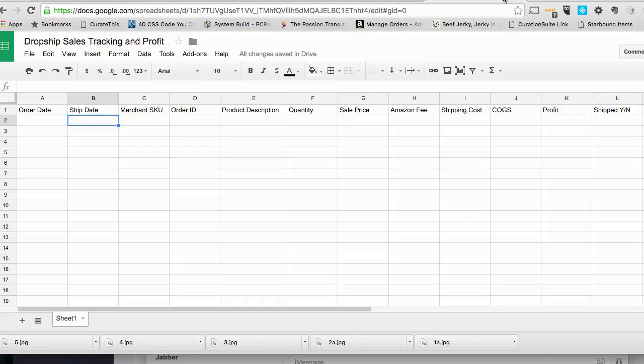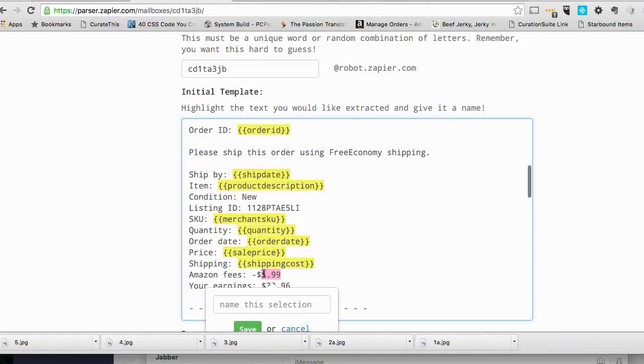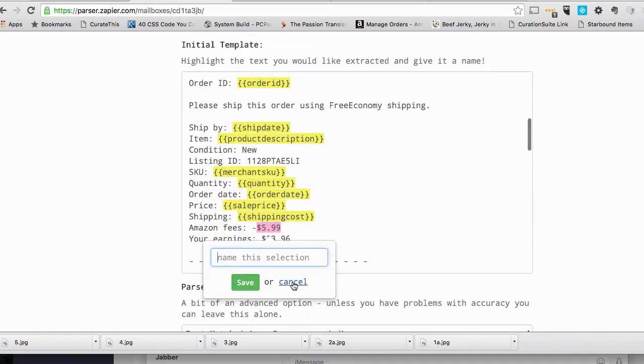And then, did I say Amazon fee? I didn't do Amazon fee yet, right? So Amazon fees, say $5.99. I'm just going to grab this where it says it has that negative. I don't really want the negative because I can always make it negative in a formula later on if I wanted to do it like at the end of the month or something like that. So I'm going to just take this Amazon fee